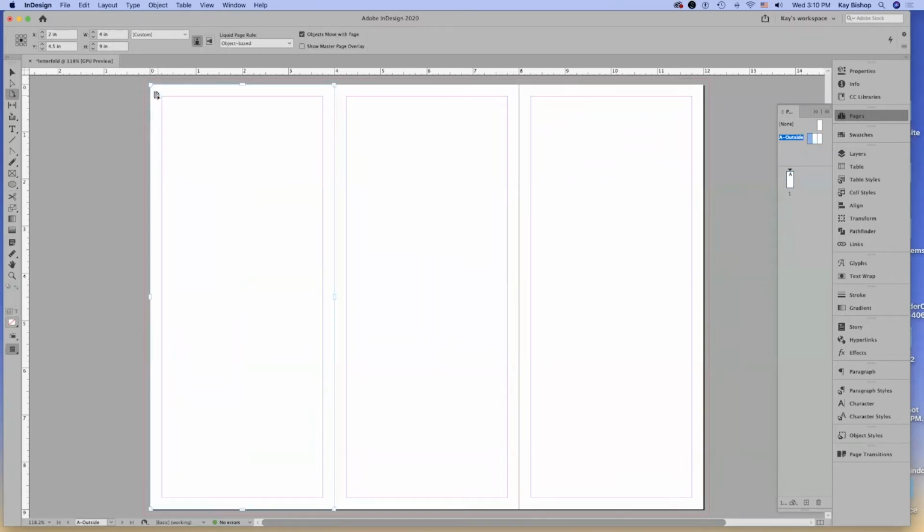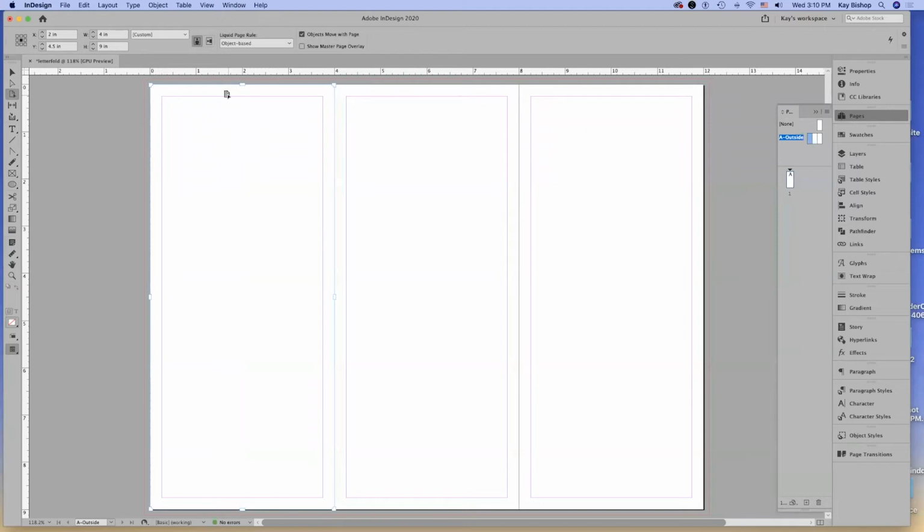And then you can select that left page, and you'll know the page is selected because you'll see those weird corners show up around the bounding box. So it's actually not the bounding box. You're actually selecting the page itself. Okay, so you see those corners there? So if you select the left page,